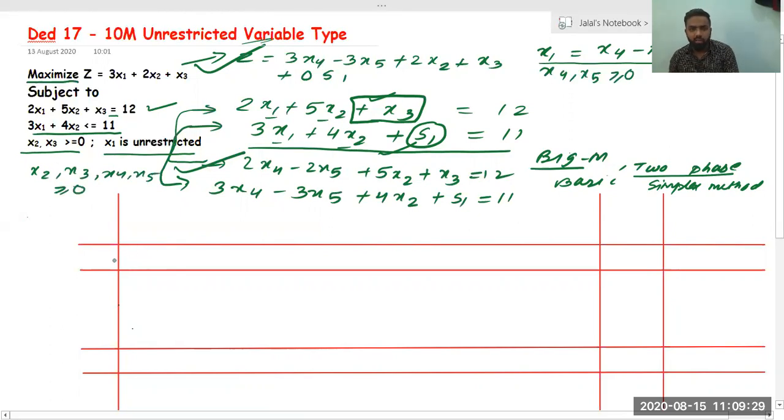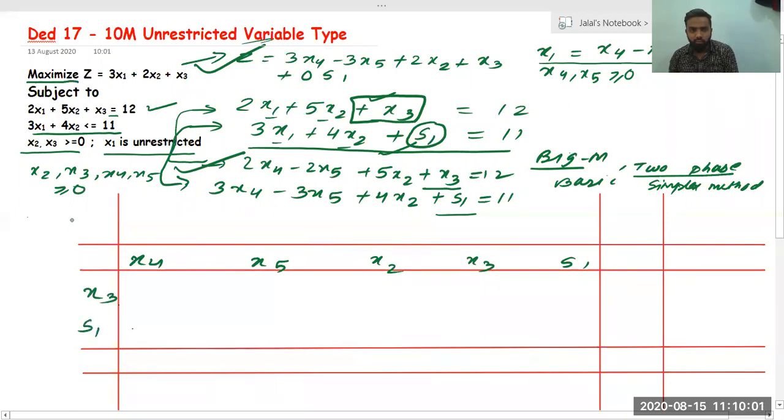Okay, so now what I'll do here is, instead of x1, I'll start with x4, x5, then x2, x3, s1. Just remember the sequence. Now how many equations are there? There are two equations. So if there are two equations, we can start with two variables. What are those two variables? We can see x3 is one of the variables and s1 is one of the variables. The variables which are not repeating in either of the equations will be initiating the initial basic feasible solution. So what we will write here is x3 and what we will write here is s1.